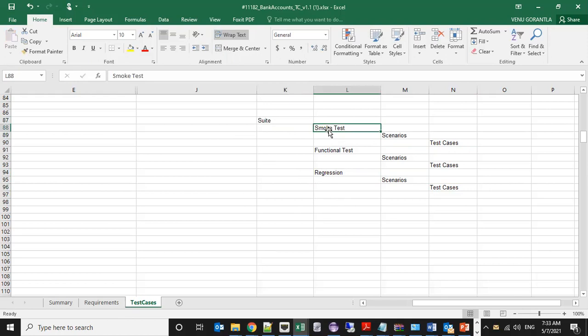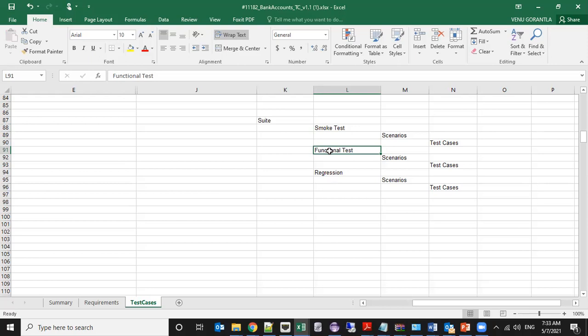For smoke test, we don't need any DB connection. We don't open any DB connection before starting with the smoke test. But with functional test, we need to open the DB connection to check, for example, if you are adding a user to a particular application, whether he is added correctly or not. If in the UI you add it and it is not inserted into the DB, then it is an issue. So for functional tests, we need DB connection.